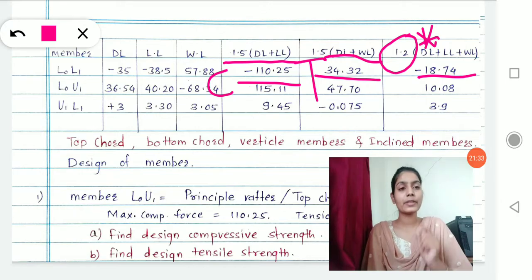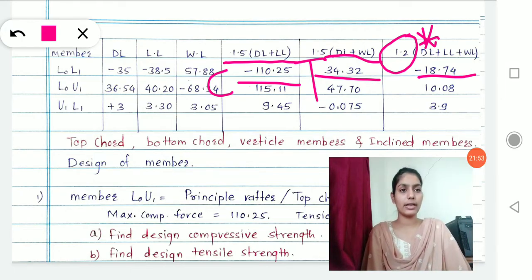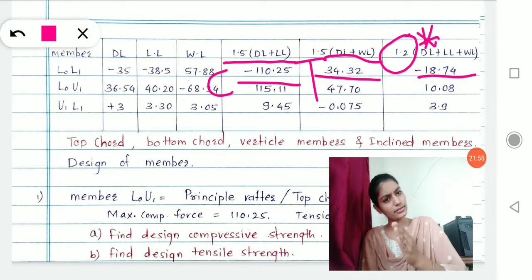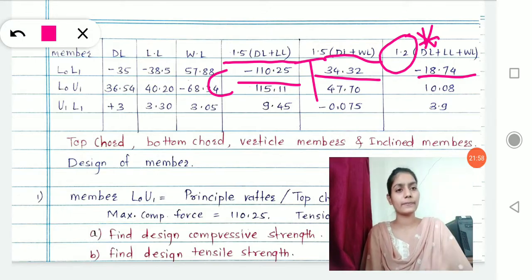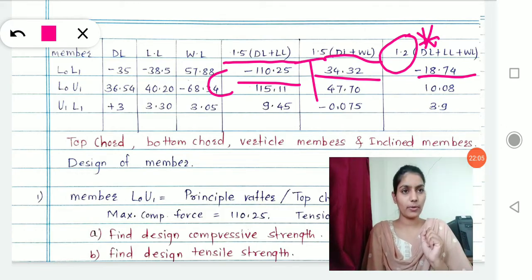What I am saying is, in this case, the dead load, live load and wind load, when added together at the same time, there will be least chances that the forces can go beyond this, right? And that's why the load factor is reduced. You can take a little increased value. Okay, that's it. So this is how we made load combinations and we calculated the values for it.